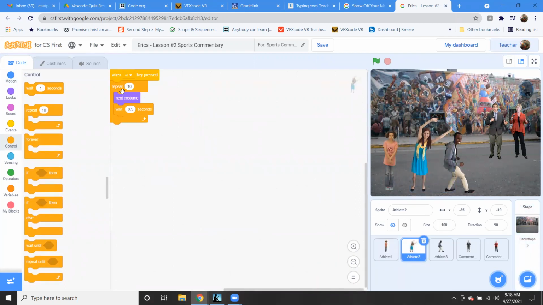So now it's in that one, but the only thing I have to do is maybe make this B, and then